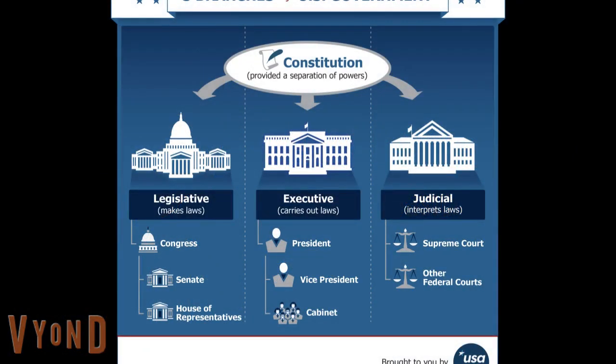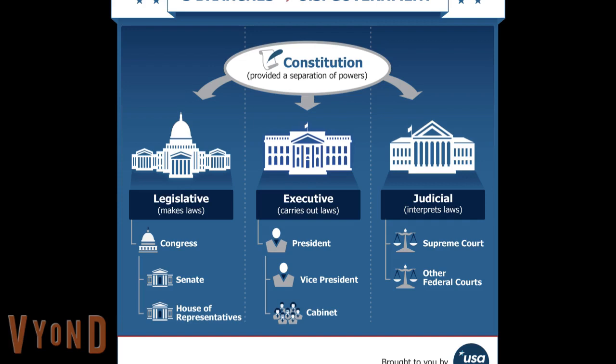The intent of the government, and I stole this picture from the government, but the intent of the Constitution is what's called separation of powers, and we'll talk about that in a second. If you read the Constitution, and hopefully we've read our Constitution now, the legislative branch of the government makes laws. Laws come out of the Senate and the House of Representatives.